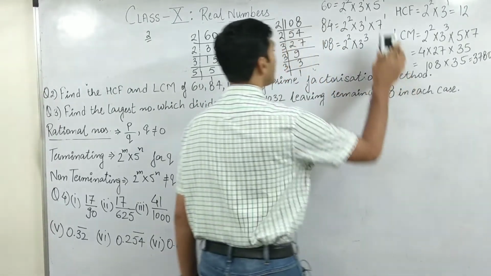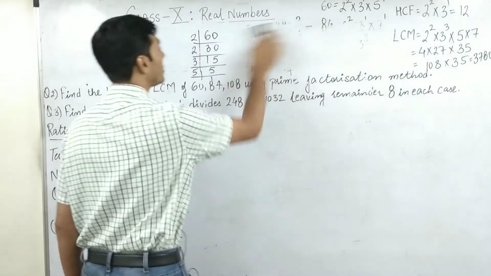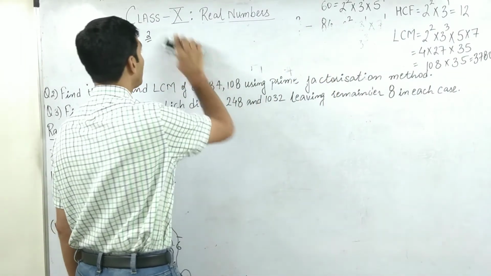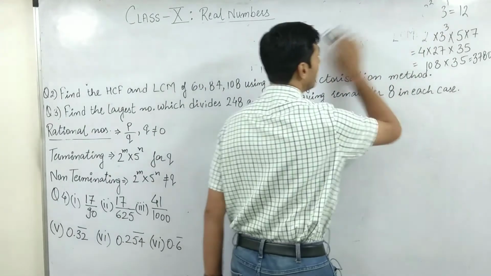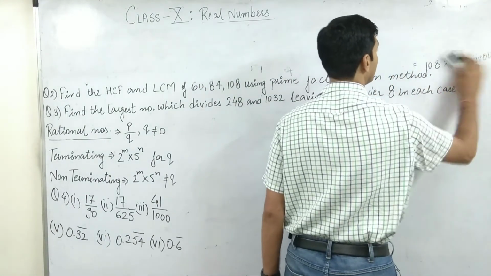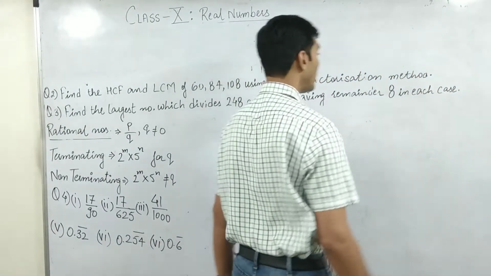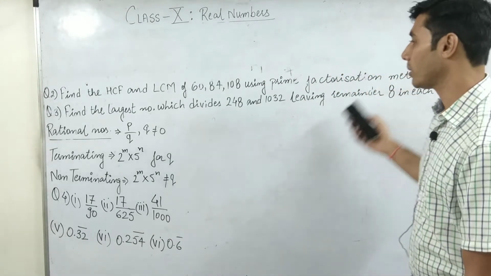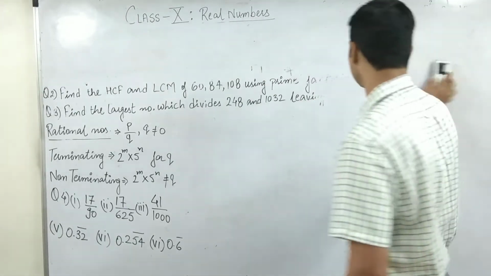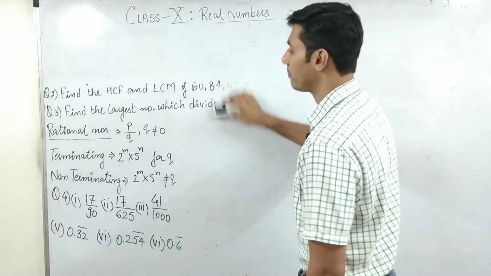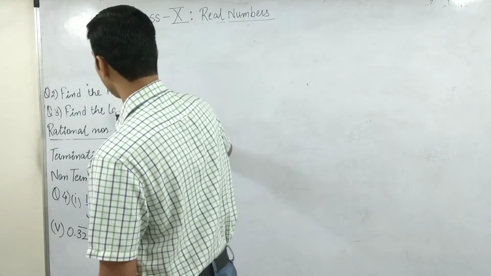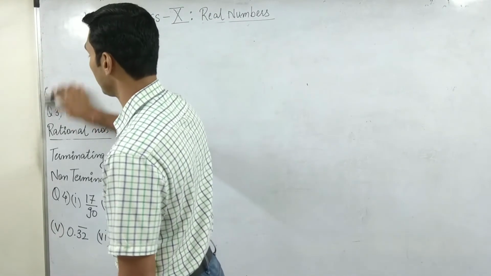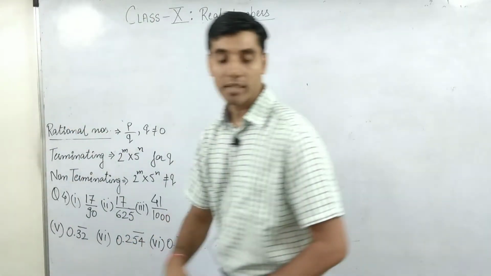Okay, so now at least we know how to solve these particular kinds of questions which are going to come in the exam. But before moving on to the next one, can I rub all this? This is also done. Now, before proceeding, let's understand what exactly we mean by the terms rational numbers and irrational numbers.